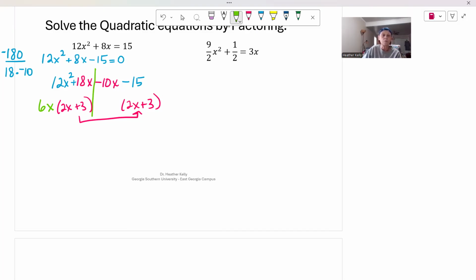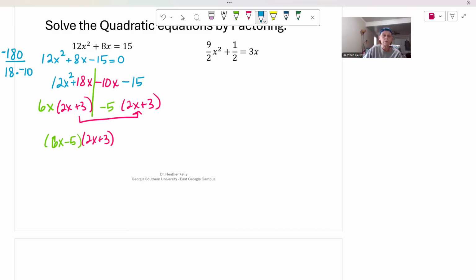And then what do we need to multiply 2x by to get negative 10x? That would be negative 5. And then we make sure negative 5 times 2x is negative 10x, negative 5 times 3 is negative 15. Perfect. So our factors are 6x minus 5 and 2x plus 3